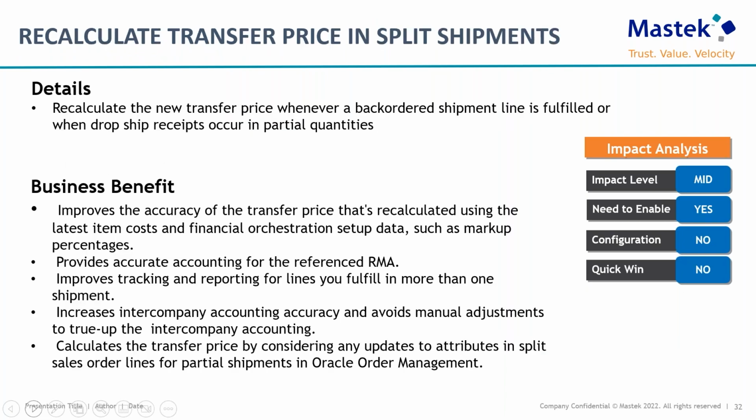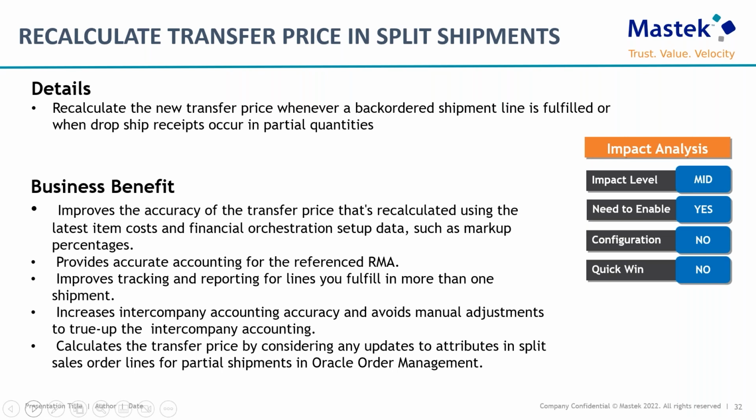The next we have is recalculate transfer price and split shipments. The details are recalculate the new transfer price whenever a back-ordered shipment line is fulfilled or when a dropship receipt occurs in partial quantities. The business benefit that we can obtain out of it is we can improve the accuracy